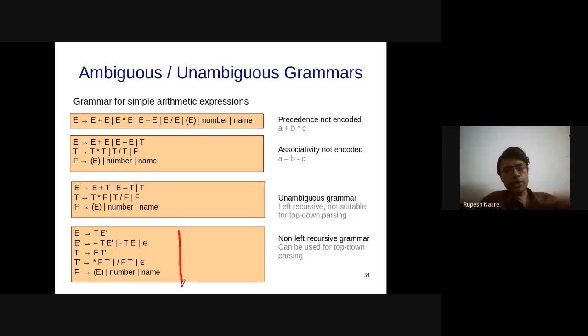So I had promised that after 10 slides, I'll give you a mechanized procedure to convert left recursive grammar to this arbitrary grammar. But definitely, this is not something which we would like to use as a human programmer, because I mean, this seems very unnatural grammar. The first grammar that we came up with is actually a much better grammar because it gels well with what we think. The precedence and associativity can be encoded explicitly later.